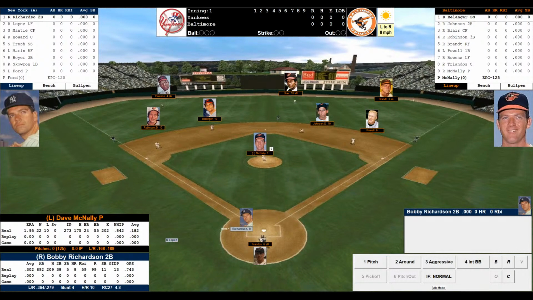For the Baltimore Orioles, Pittsfield, Massachusetts native Mark Belanger will lead things off. He's the shortstop. Davey Johnson will be at second and bat second. Paul Blair in center. Cleanup hitter Brooks Robinson at third, the human vacuum cleaner. Brand will be in right. Powell will be at first. In left field is Bowens. Batting eighth, doing the catching is Etchebarren. Dave McNally will do the pitching